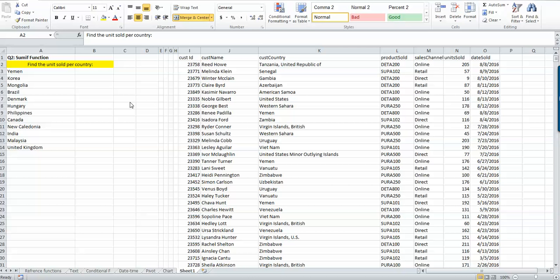So I'm going to teach you the second function, which is SUMIF. The question is, find the units sold per country. Here we cannot use a VLOOKUP function, because, for example, if you're looking at Yemen or Korea, and